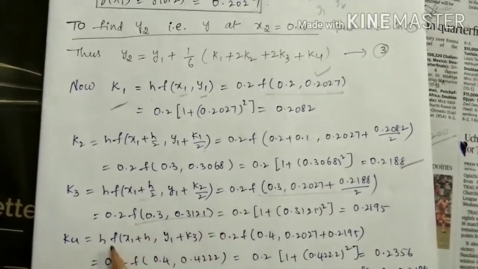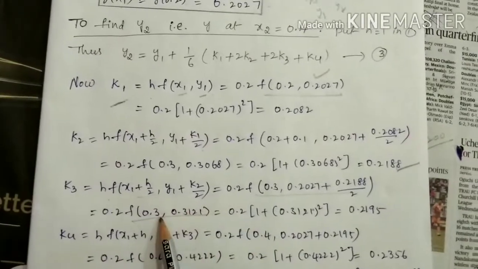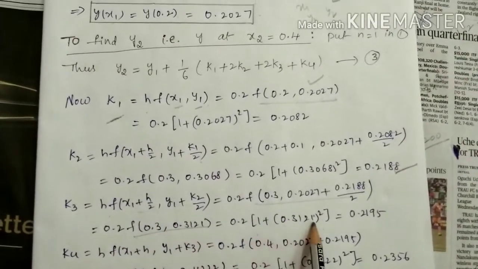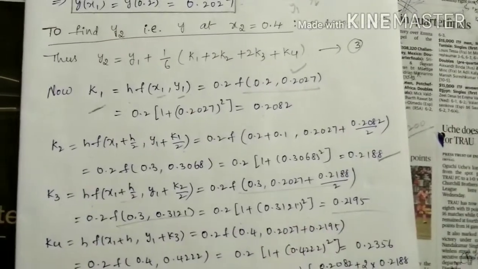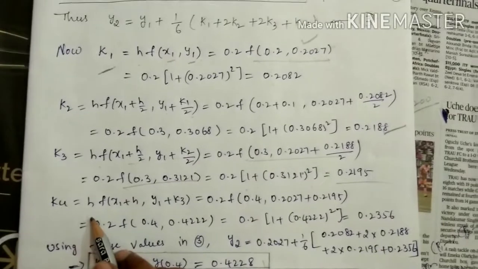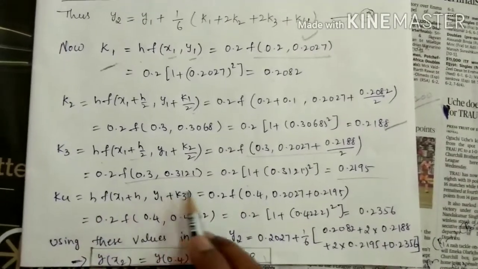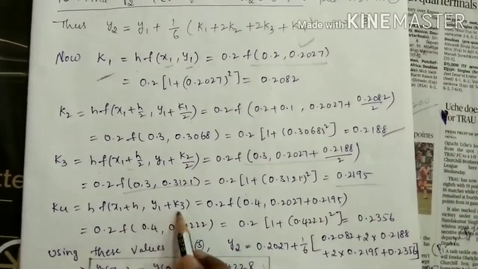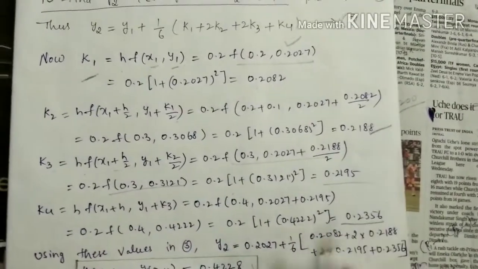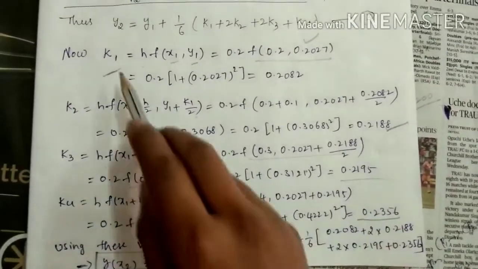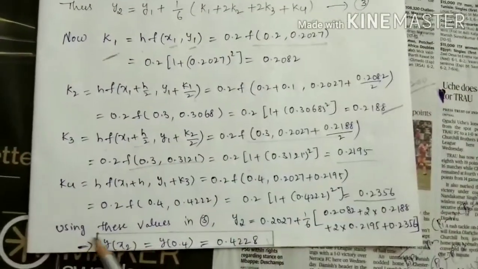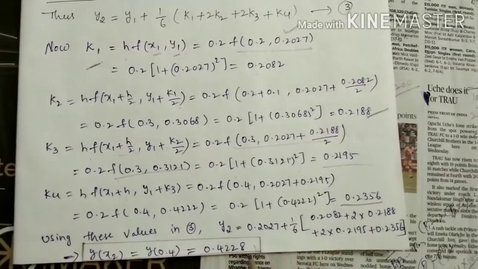Now using all the known values and the function definition, we are going to write it as 0.2 into 1 plus 0.3121 whole square, which is 0.2195. Now k4 is obtained as h into f of x1 plus h comma y1 plus k3. Using all the known values here, we get k4 as 0.2356. Let us use all the k1, k2, k3, k4 values in equation 3, so that y2 is obtained as